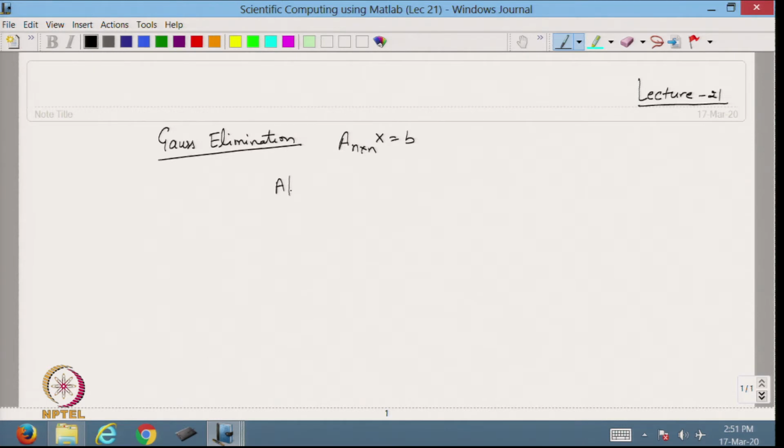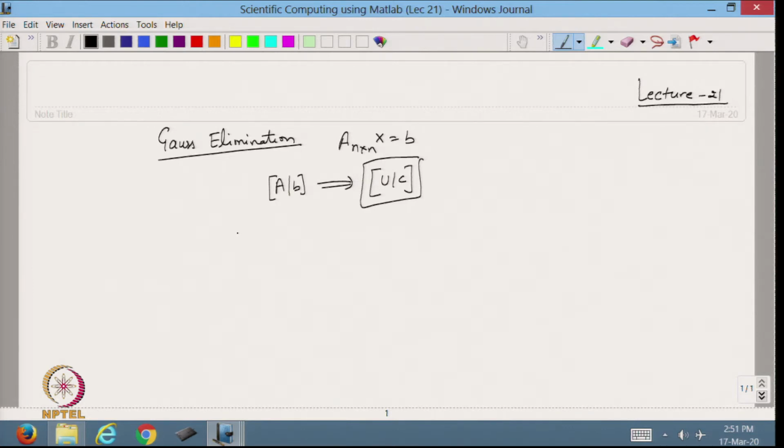We transform the augmented matrix into an upper triangular matrix using Gauss elimination, and then using backward substitution we solve this system of equations to find the solution.